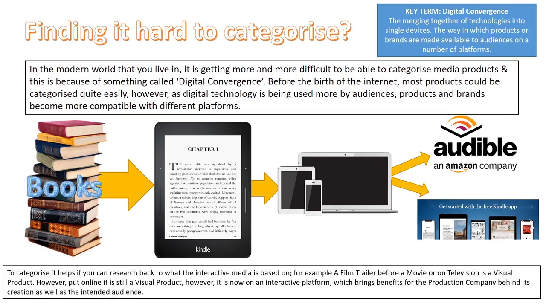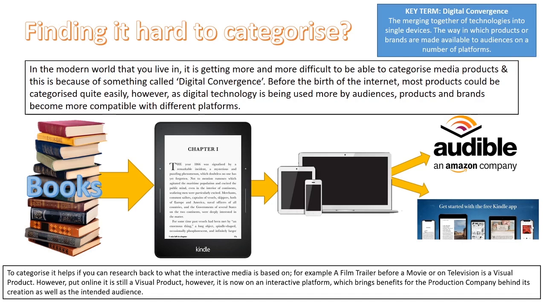So when we think about categorizing media products, we have to think about the interactive media that it's based on. So if we look at Audible or we look at Kindle, they are essentially books. So we would put them into the publishing sector. However,